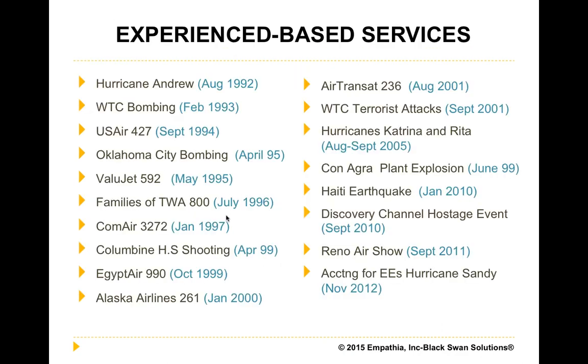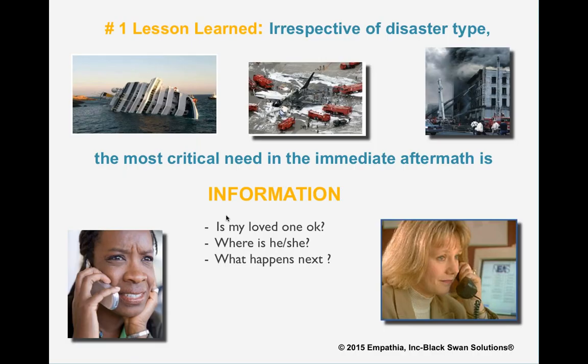These are some of the experiences that have shaped how we approach this whole endeavor. And as you can see, there are natural disasters, several aviation accidents, and obviously all being different. The one thing that definitely has been the constant thread is this notion that what people definitely need and want and demand most in the aftermath of any kind of event, and it doesn't matter the type of the disaster, is information, and of course specifically information about their loved one.